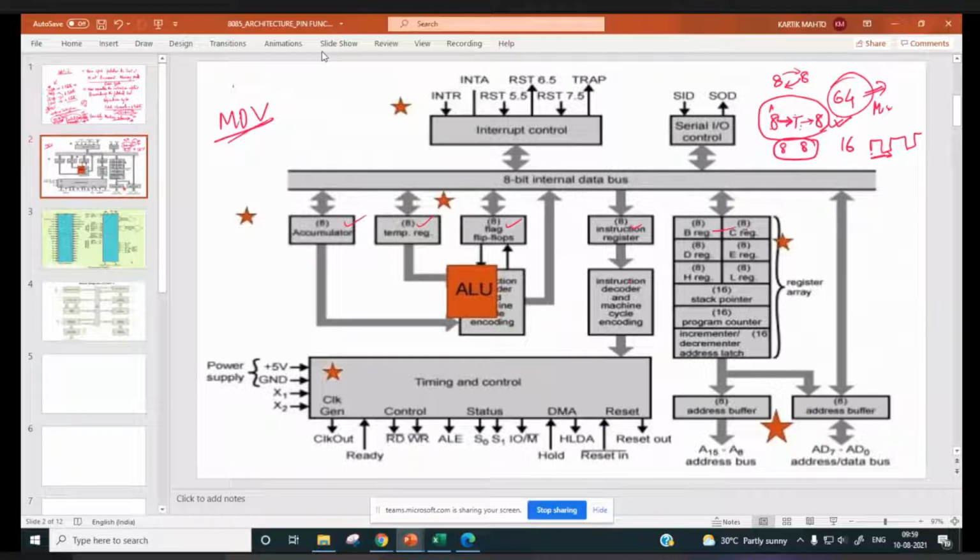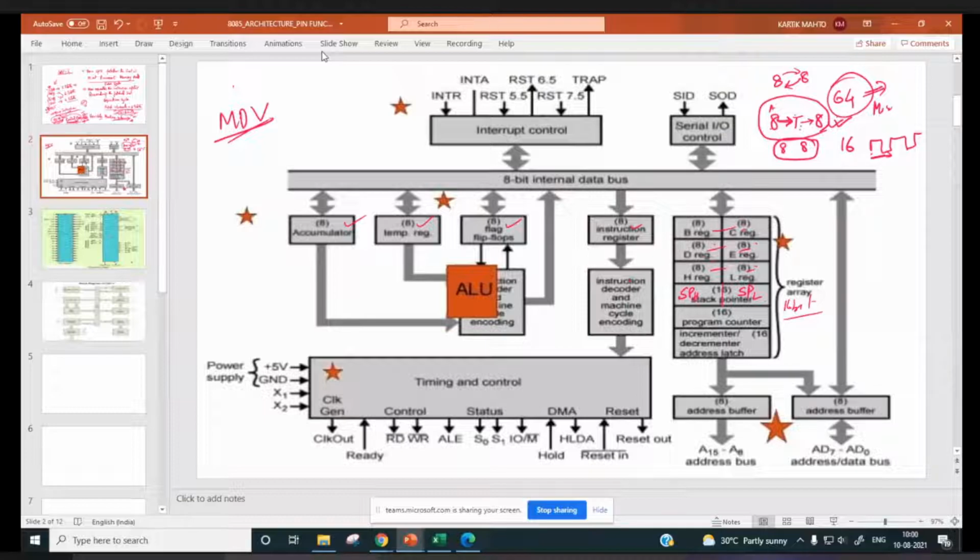BC, DE, HL are all 8-bit registers. Here, the stack pointer is 16-bit, but it is actually divided into two 8-bit parts: SPH, stack pointer higher order byte, and SPL, stack pointer lower order byte.